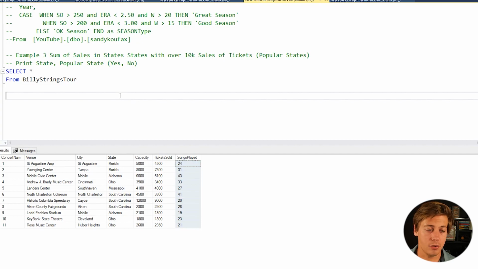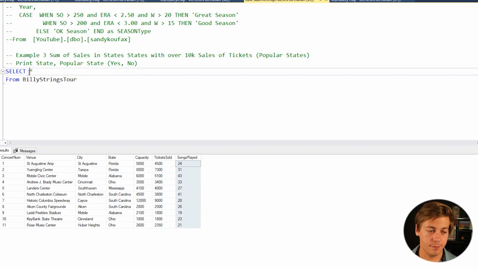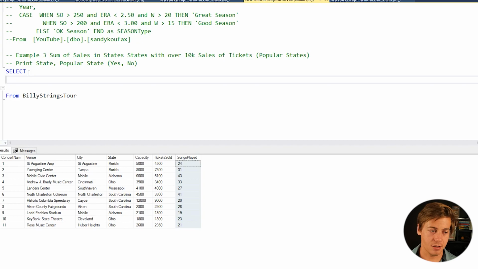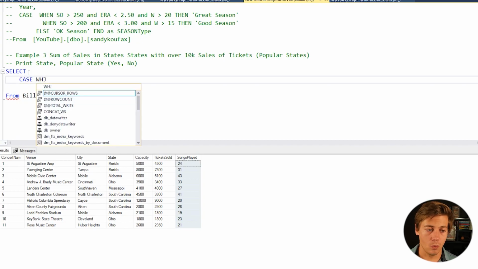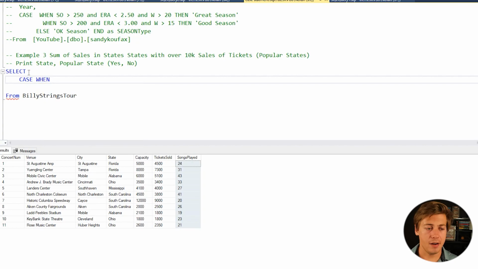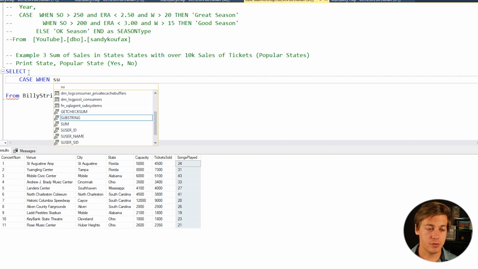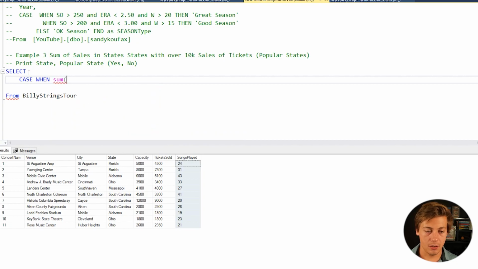So how we can do this specifically, I'm going to format this a little bit better. We don't need that select star. And we can actually pretty much write this in one line. So case when, and first we're going to put an aggregate function. So we're going to sum those tickets sold like that. And then when that is greater than 10,000, then we're going to put over here, yes, else, no, and end